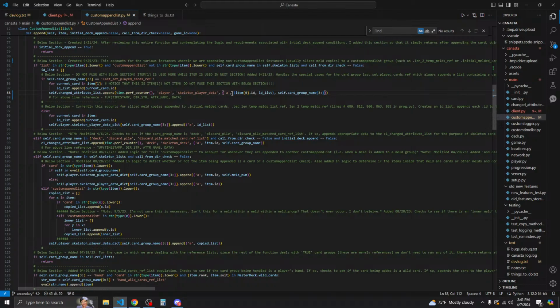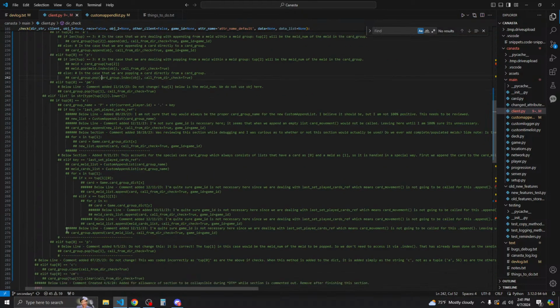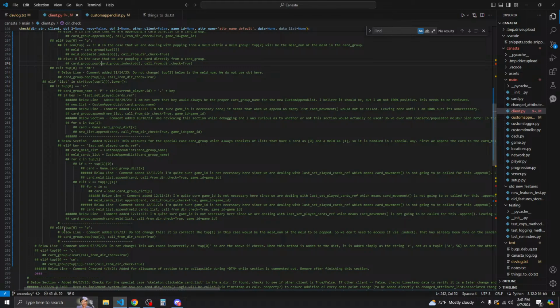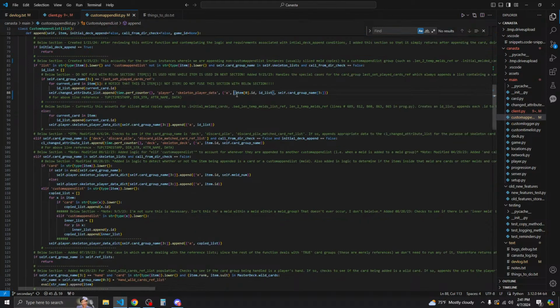So I think what I'll actually do is jump into that special case way down here, and we'll change the terminology. So let's just say if tup 0, so instead of this being tup 0, this is going to be data 0.